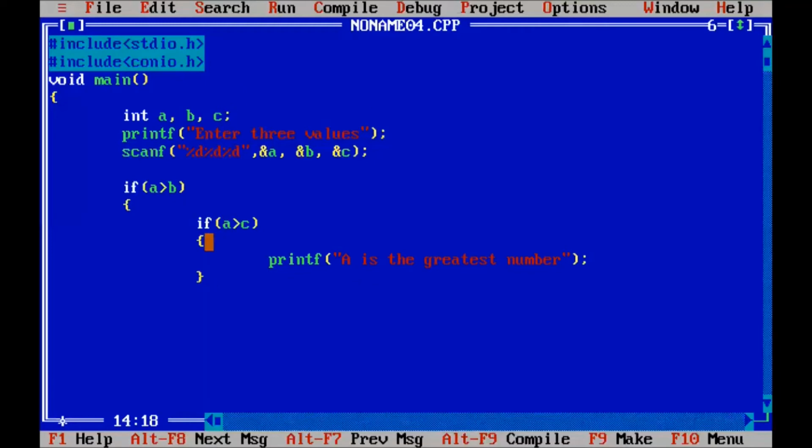This curly brace opens, and here is the close, and we write the else part. We open the body of the else part. Here we write the message printf c is the greatest.